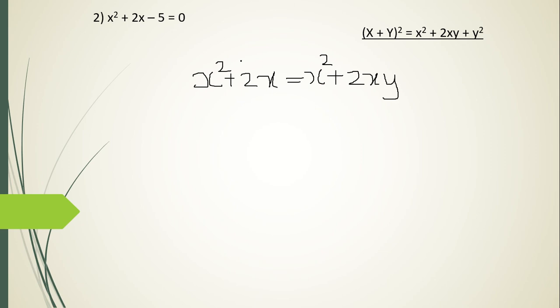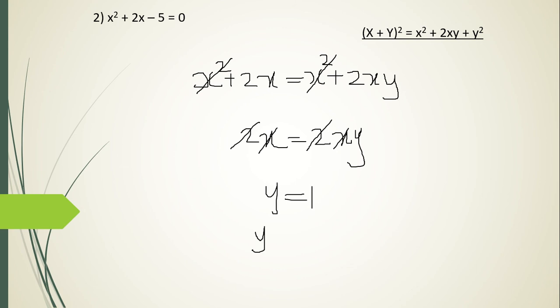Now what happens is x square will get cut from both sides. How I am cutting them: this x square comes to this side and becomes minus x square. So x square minus x square is 0, that will go. So I am directly cutting that off. Now here 2x is equal to 2xy we have. 2 will go, x will go. So we got y is equal to 1.